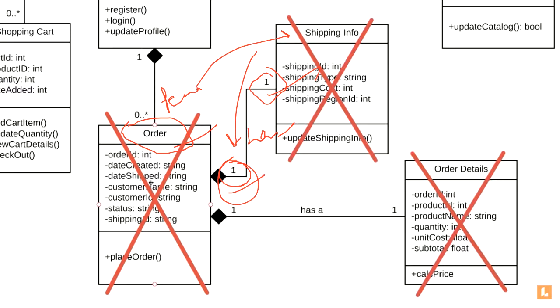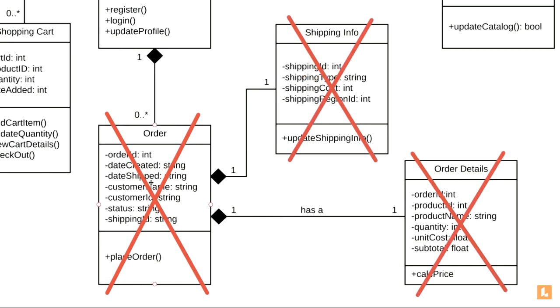If the question says that the order can be shipped to only one shipping address, then you will write multiplicity 1 here. If the question says that an order can be shipped to at most 2 shipping addresses, then what multiplicity will come here? First tell me, where will the multiplicity come? Here or here? Order can be shipped to at most 2 places only. It will come here, right? Because to read it we come from here and we write has. Order has something as shipping info.